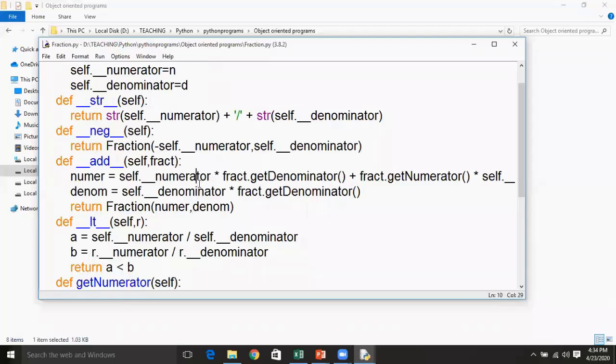So self will help us here. Self will help us in identifying the variables which are known to FRAC1, and FRACT will help us in identifying the variables of the object FRAC2.